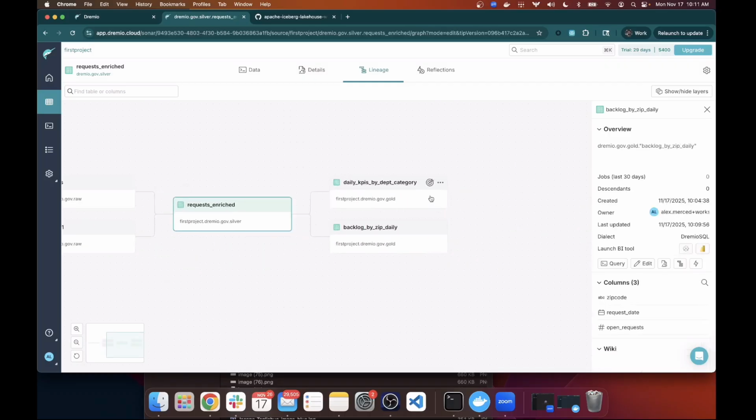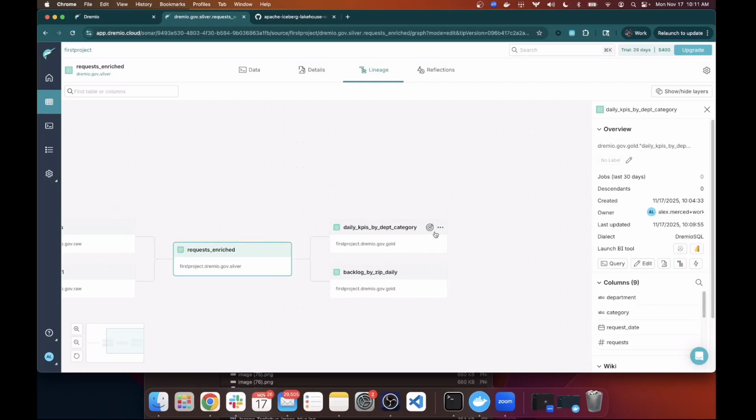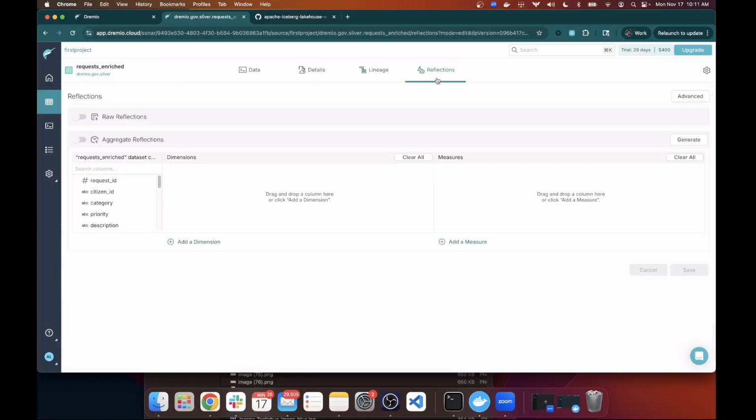So I get this nice lineage view to help understand how the data in my setup was curated, how it was created. And then this fourth tab, here I could create reflections. So again, if I needed to speed it up, if I wanted to create something more like a materialized view, I would create a raw reflection because I'm looking to accelerate raw queries where they're querying the actual rows. Now, if it's like a BI dashboard where you're talking about a lot of roll-up type statistics, like mins, maxes, averages, sums, stuff like that,